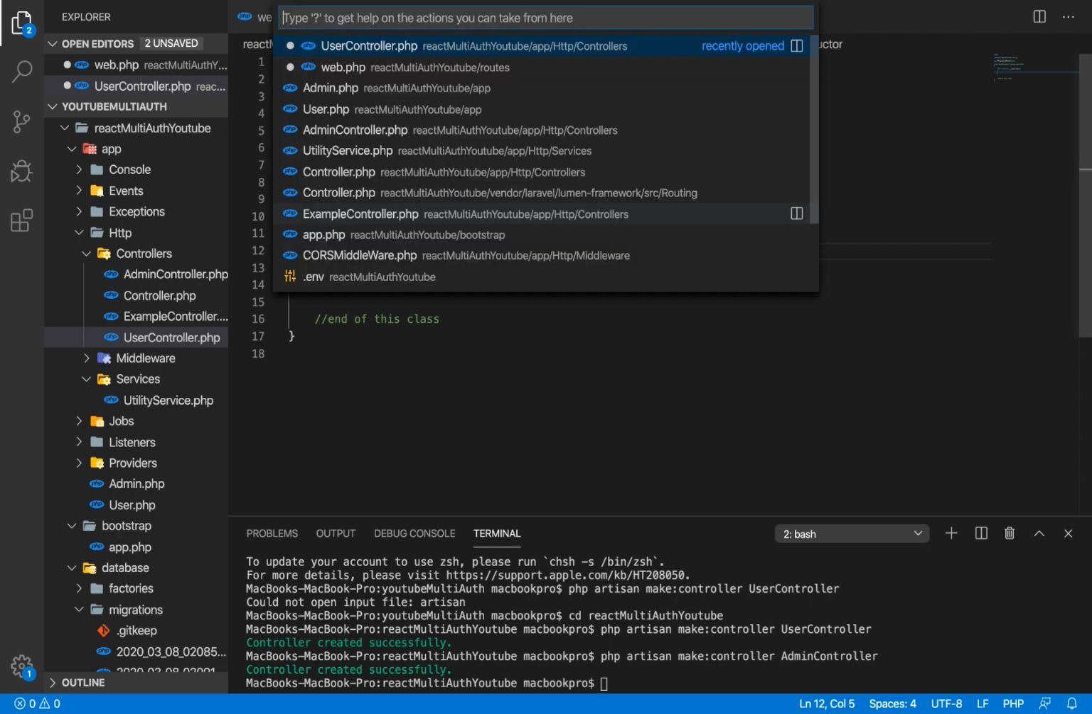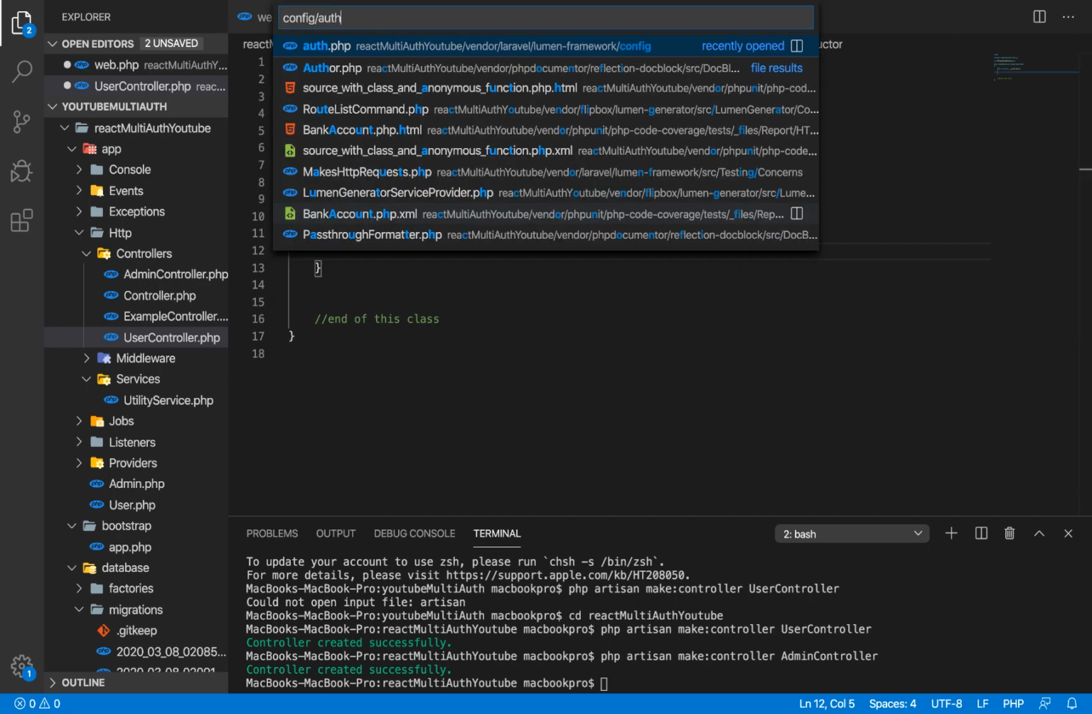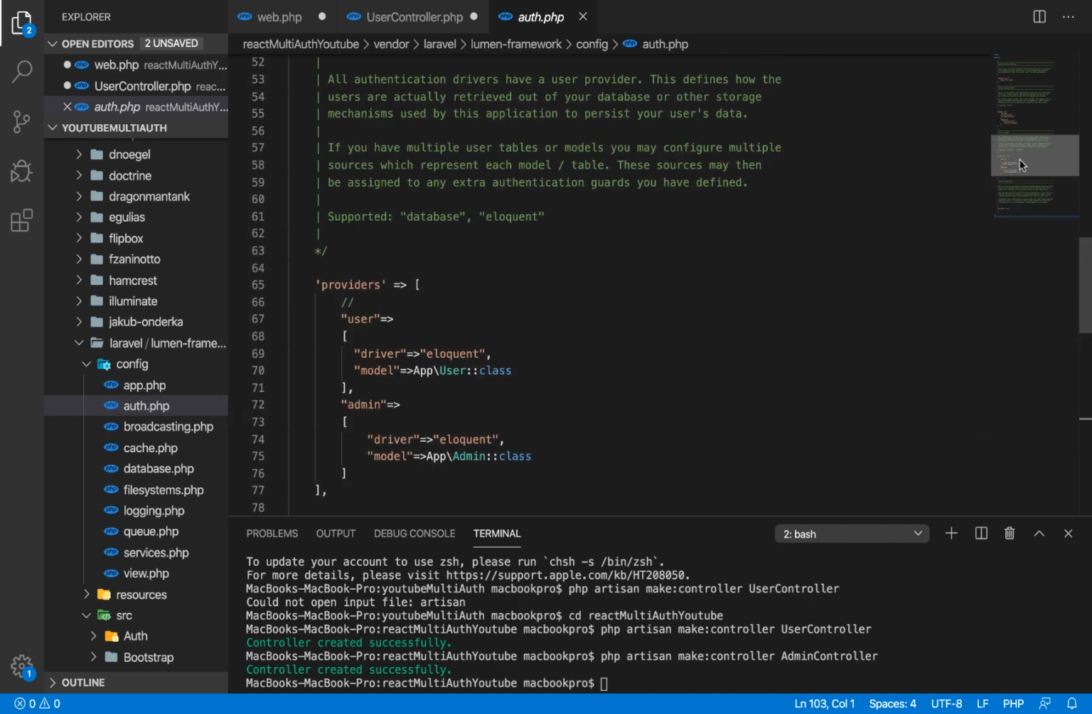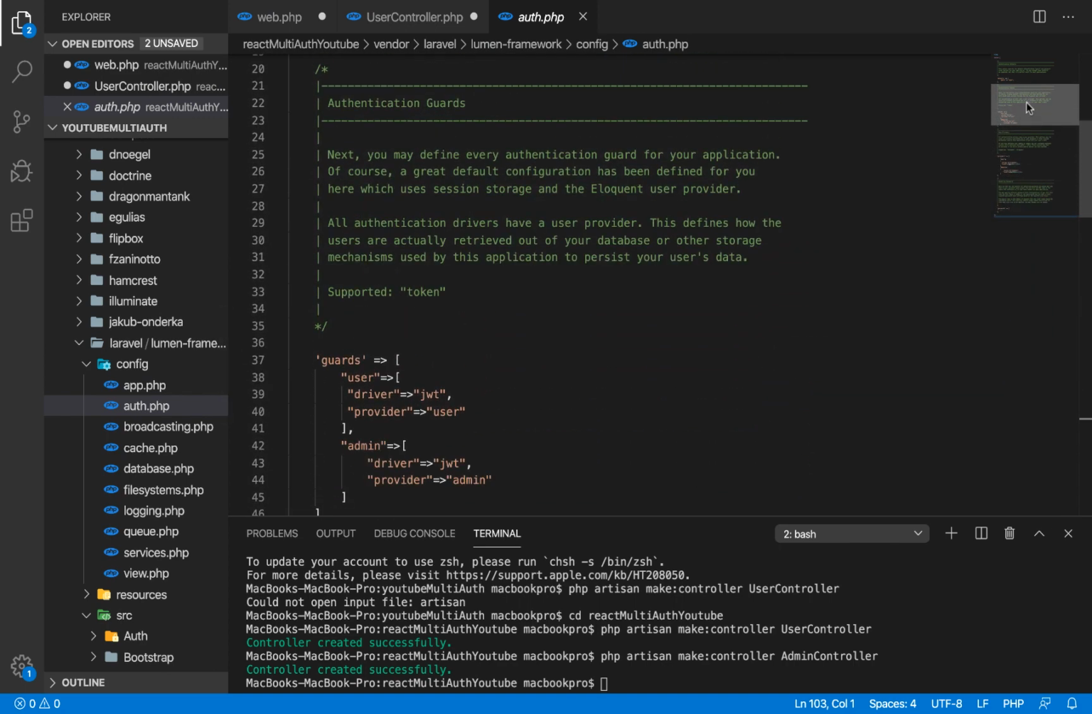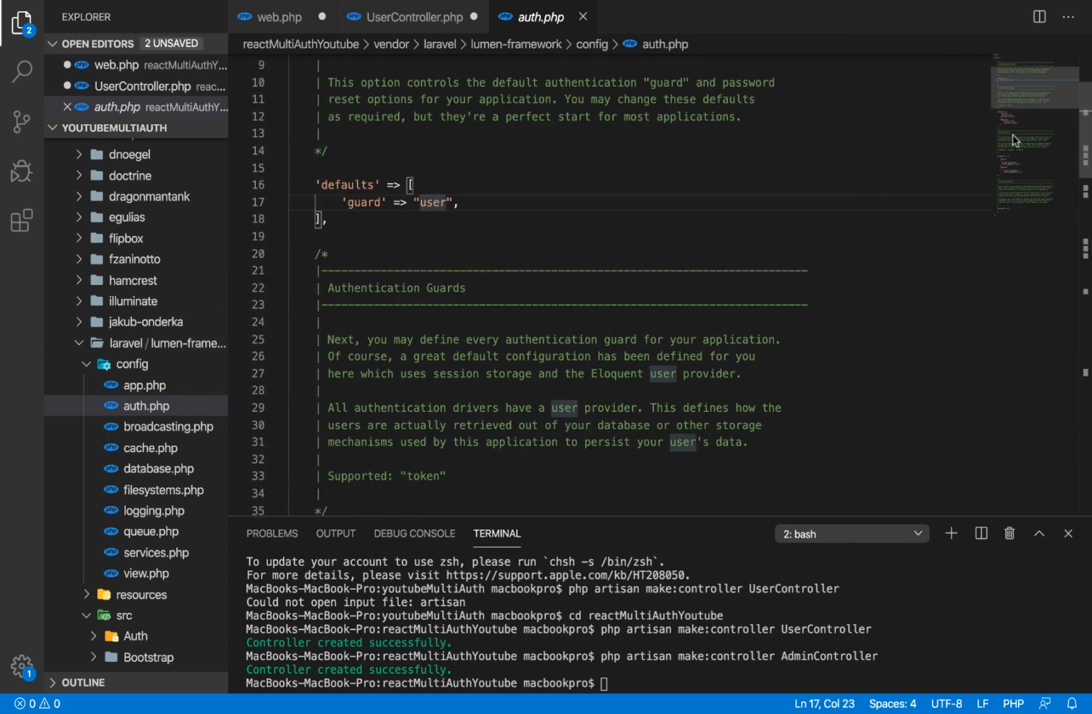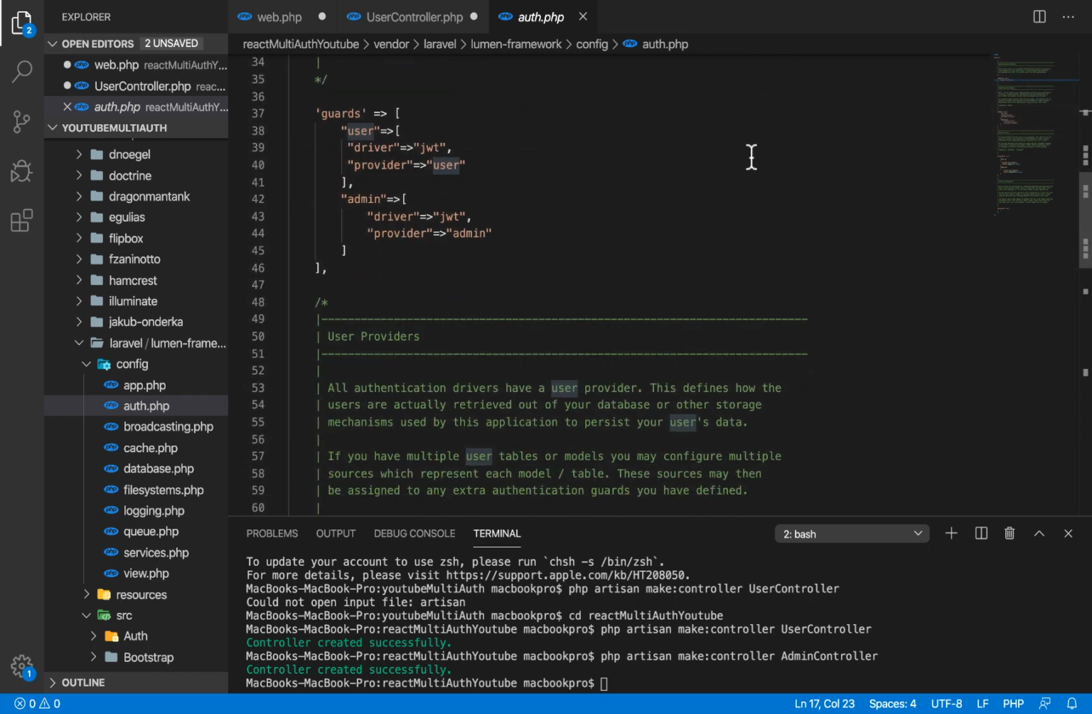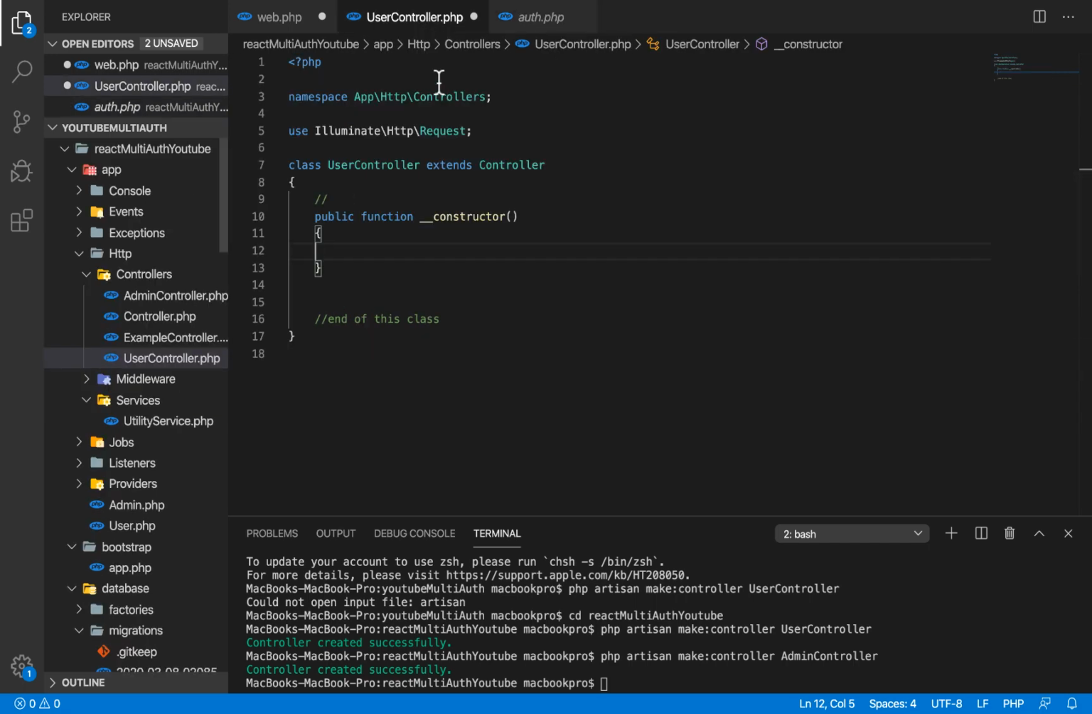All right, so remember, if you go to our config/auth, basically we set certain things here. We set user as the default guard, and we also had another guard here called admin too. So you can see guards we have user and we have admin. So in order for us to be able to use the guard that has been specified for the user, we're